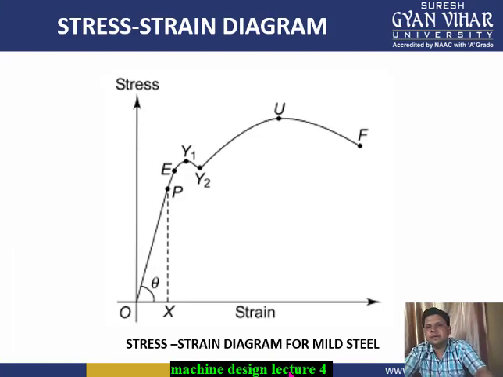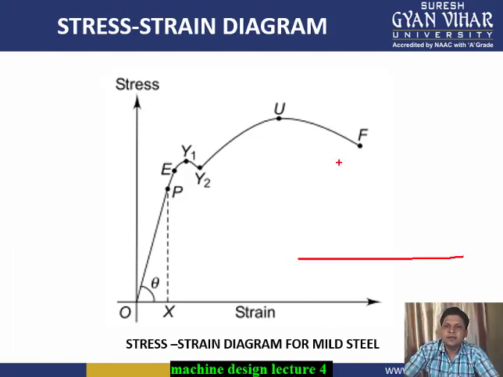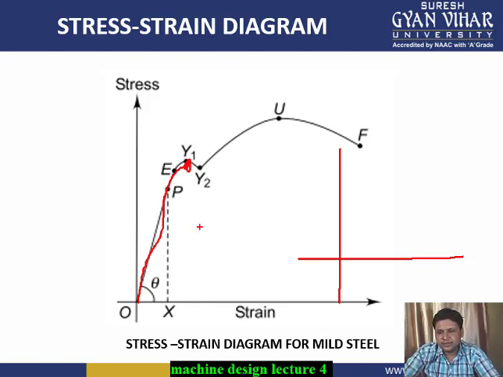But in case of brittle materials, the graph is not this lengthy. You will not get this much curve here. The material does not yield; it gets broken at this point itself. Brittle materials are those which do not yield, meaning they do not elongate when a tensile load is applied, and are not compressed when a compressive load is applied. They directly break into two pieces.